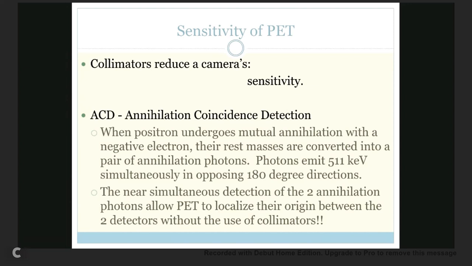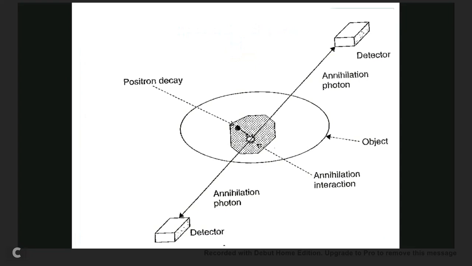Okay. All right, so as you can see here, you have an annihilation that happens, and then what ends up happening is that the photons are going to be displaced in opposite directions, 180 degrees, and then the